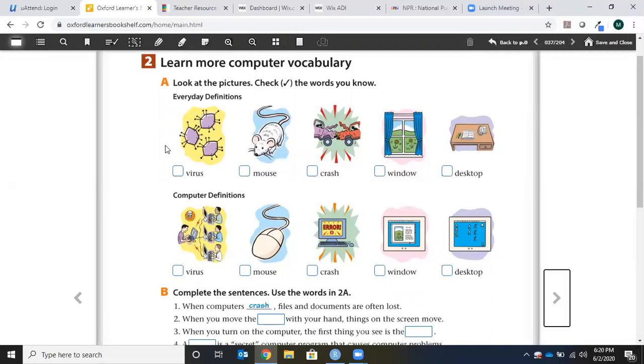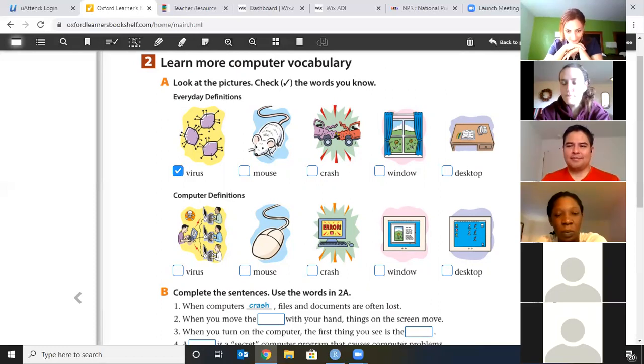Who knows what that means? Yes, the virus. It's a very popular word right now. If you guys don't know this one, we have problems at this point, right? Let's look down here at the computer definitions. What is a virus when it comes to computers? It makes the computer not work well, or it has something wrong. Exactly. Somebody sent you an email and you clicked on the wrong thing and now you have a virus and all your